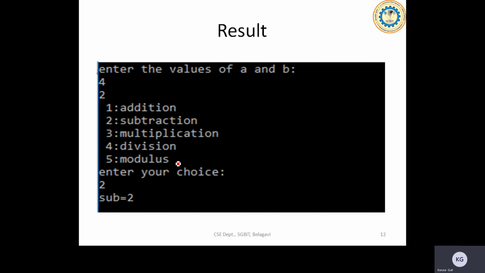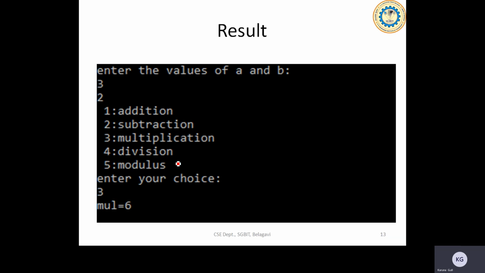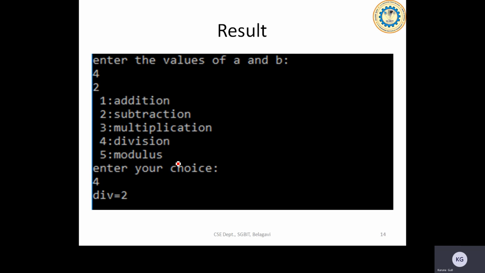Another sample input is going to do the subtraction, where I've given my choice as 2. So it's displaying the menu. To play with the system, these examples are very useful for beginners. This is another example, 3 and 2, and in this case we have given a choice as 3, and it is going to give the result as a multiplication. Right, and go ahead with the division operation, so 4 and 2.